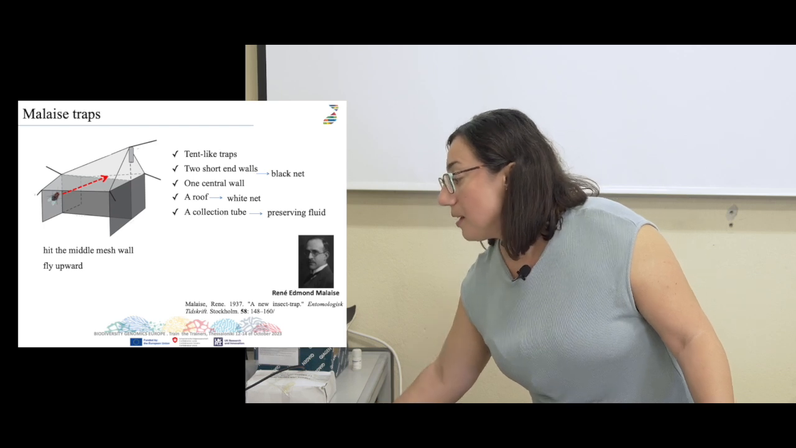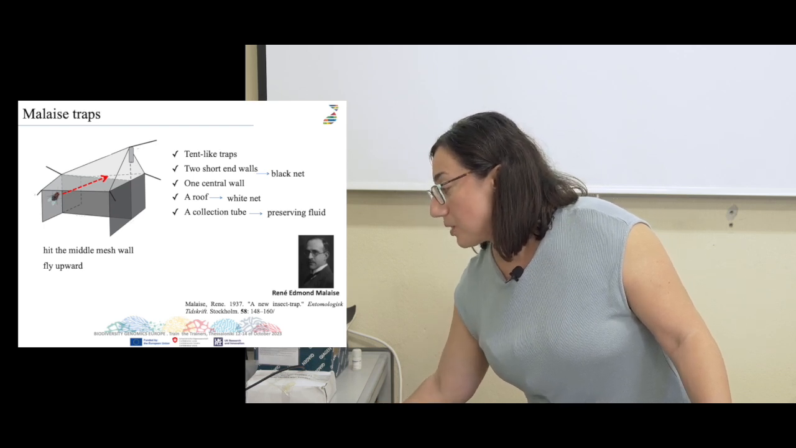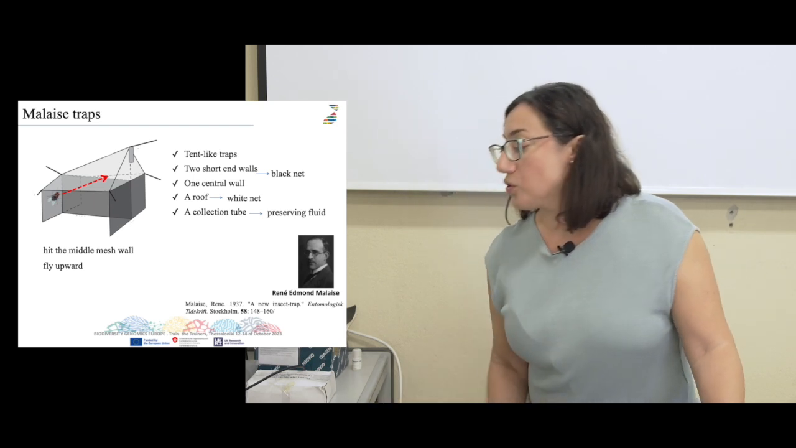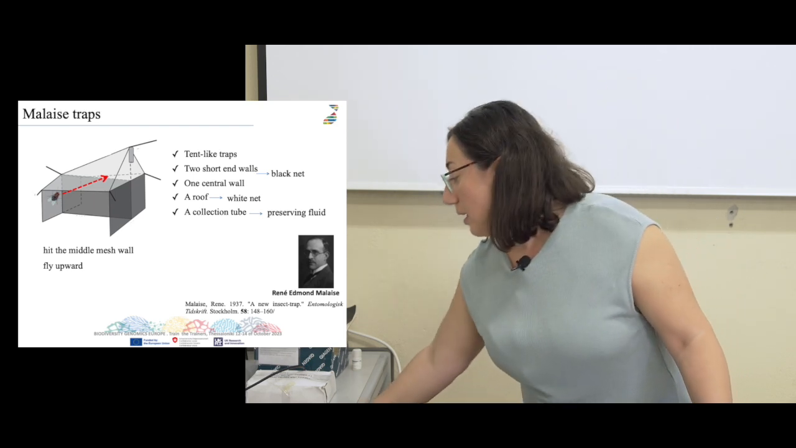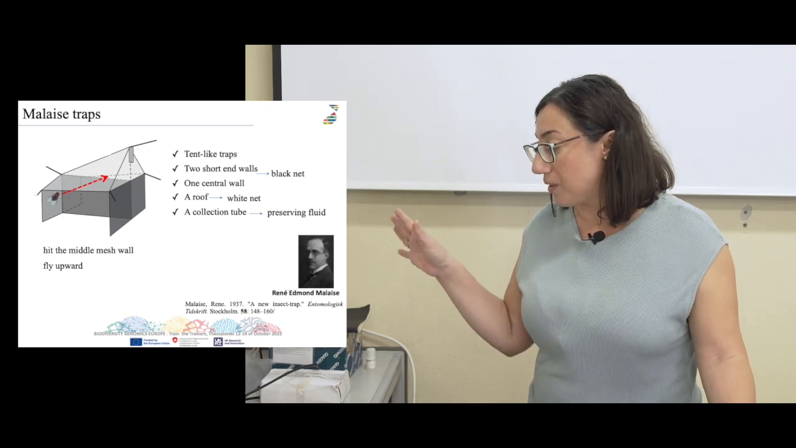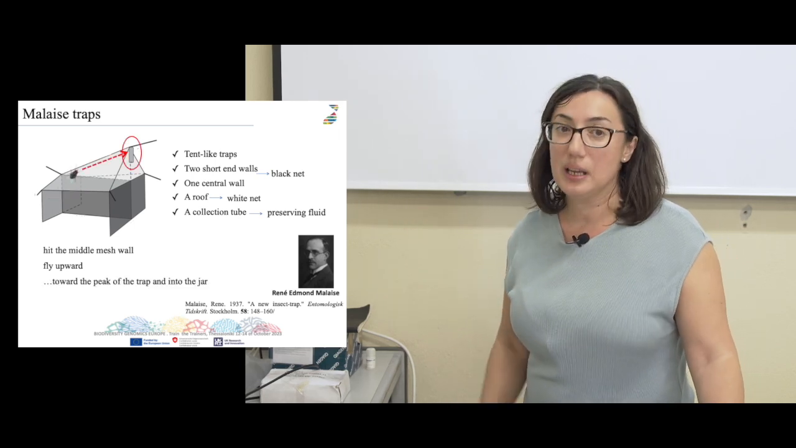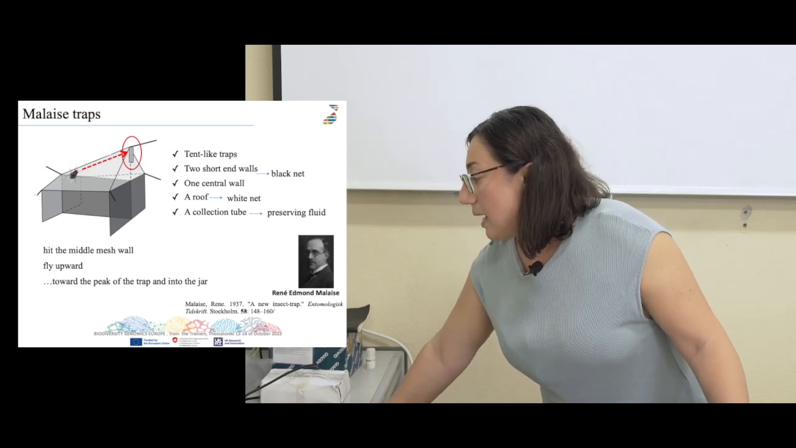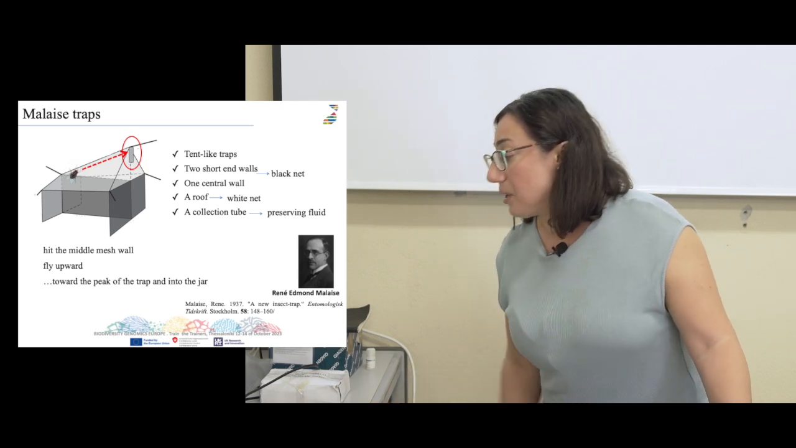The insects go towards the Malaise trap, and they hit the middle wall. Those that fly upwards fly toward the peak of the trap and get into the jar where the preserving liquid is. So the Malaise traps